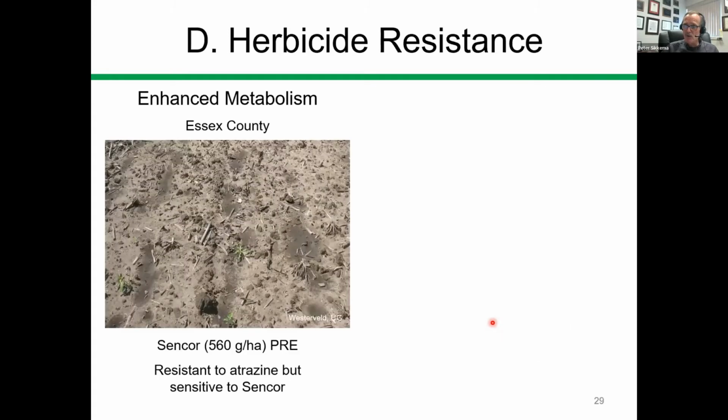And this is some more recent data. I think this is just amazing. This is research by David Westervelt, another graduate student in my program. Here we're looking at water hemp control. And this water hemp has the mechanism of resistance is enhanced metabolism to the group 5 herbicides. He sprayed Sencor, and look at, he got near perfect control of the water hemp on that farm in Essex